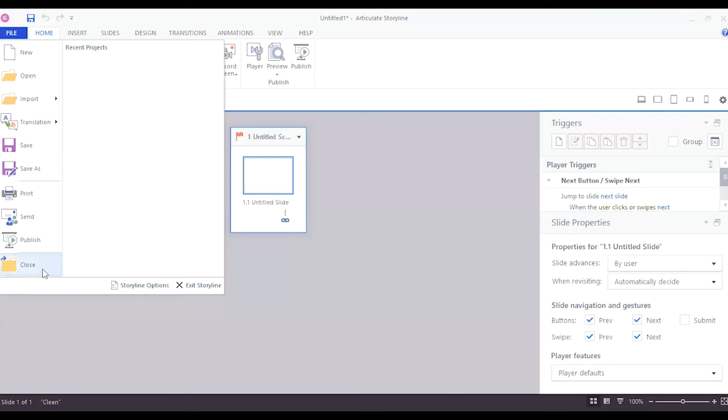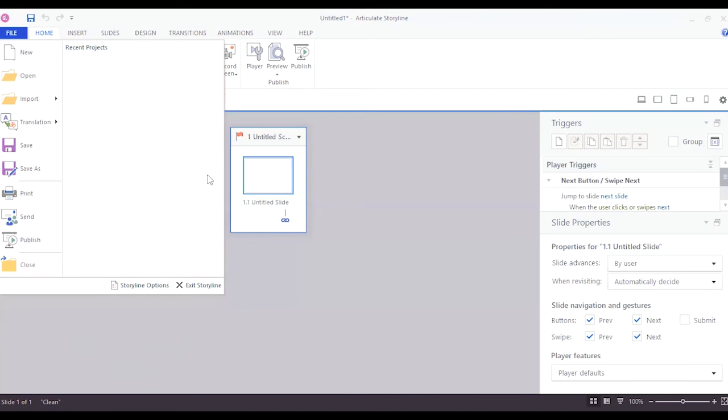And then we have the option of close, and that is basically that you want to close it and work on other options, or you just want to focus on other elements of your instructional design. So I hope that this helped you to understand the main elements that are sitting inside the file option.